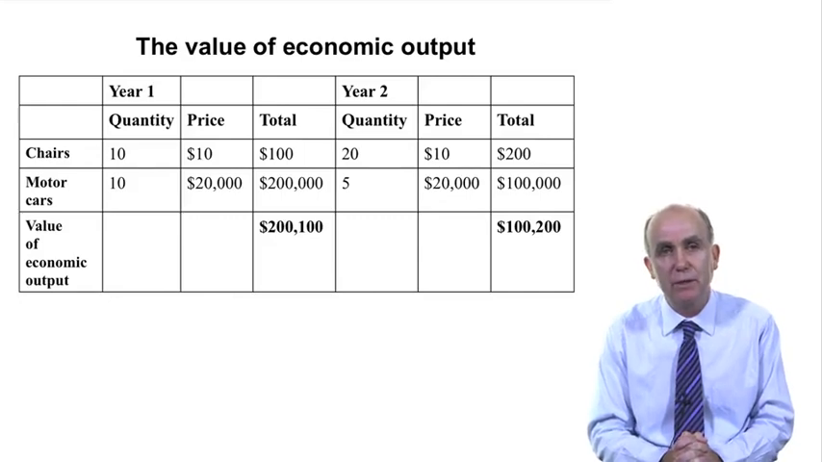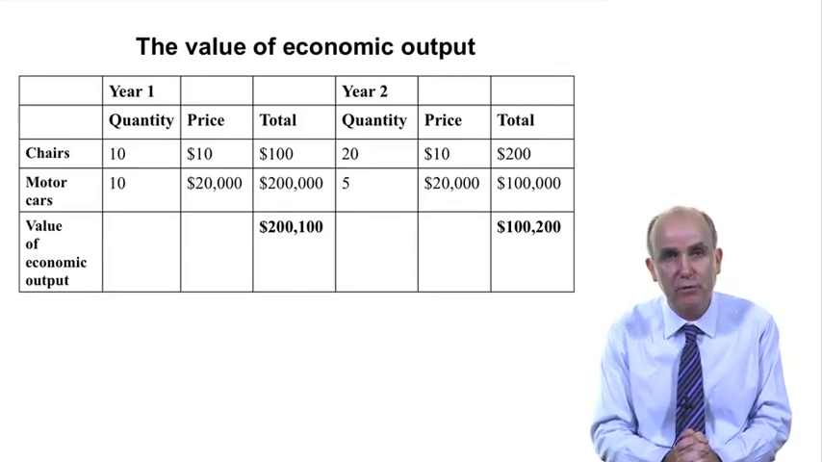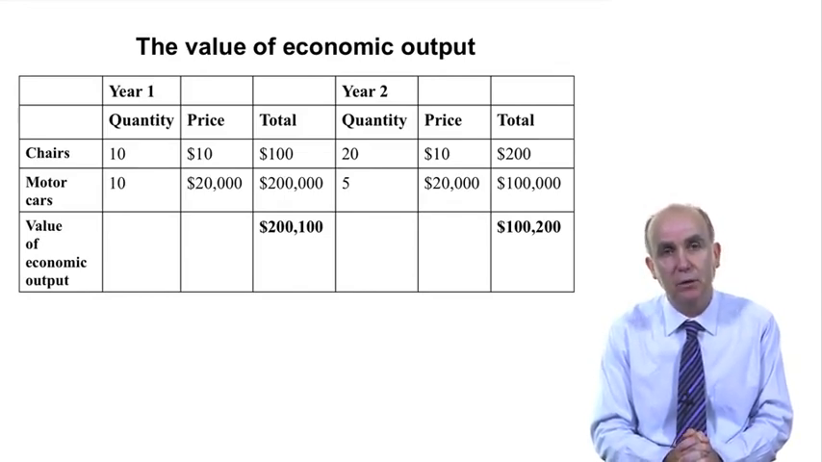So instead, what we do is we create a measure of the value of the aggregate output of goods and services in a country or society. And that's a measure that we can use more easily, for example, to compare material well-being across time. The way we do that is we attribute a value to each of the goods or services that are produced. So, for example, if we think of a chair having a price of $10, a motor car having a price of $20,000, then in year 1 we could work out that the value of economic output in this country is